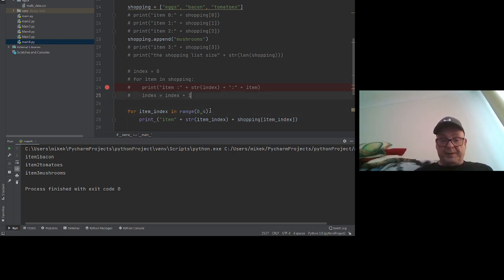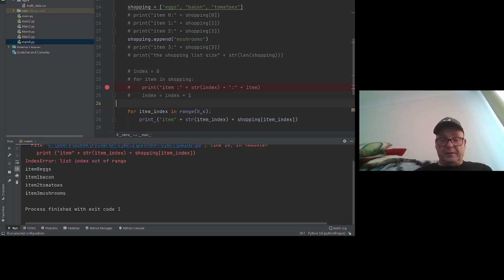And what you'll find is item 3 is the last item. So let's just try this. There you go. So we're getting all 4 items now in our list. If I made this 6, and I try running it, we get an item out of range, which is this error here, index error